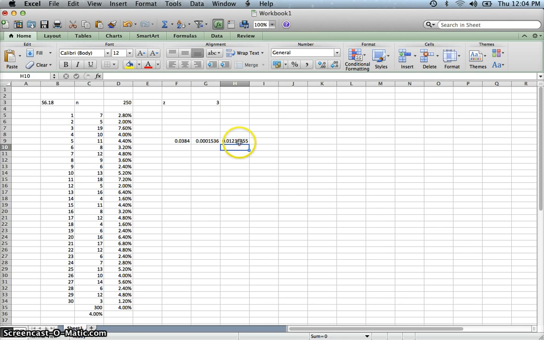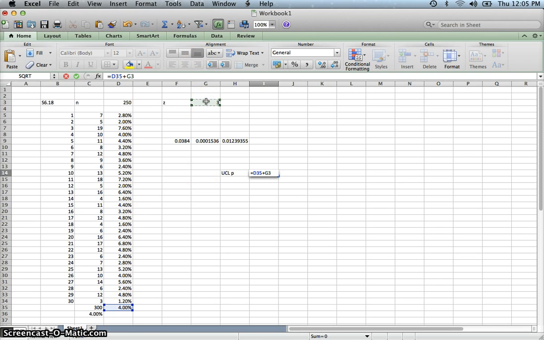And then what we're going to do is take 3 of these. This stands in for standard deviation, and so 3 of these. And so to do the upper control limit for the P chart, we simply have our average here, and we're going to add to that